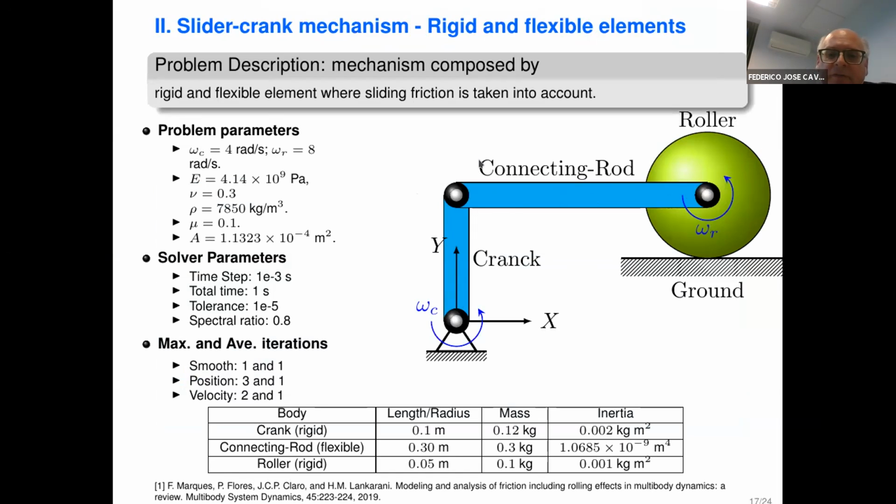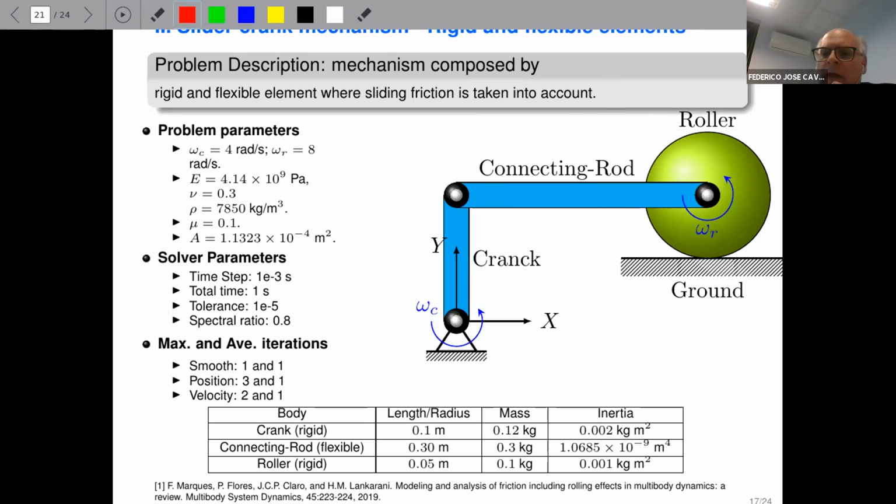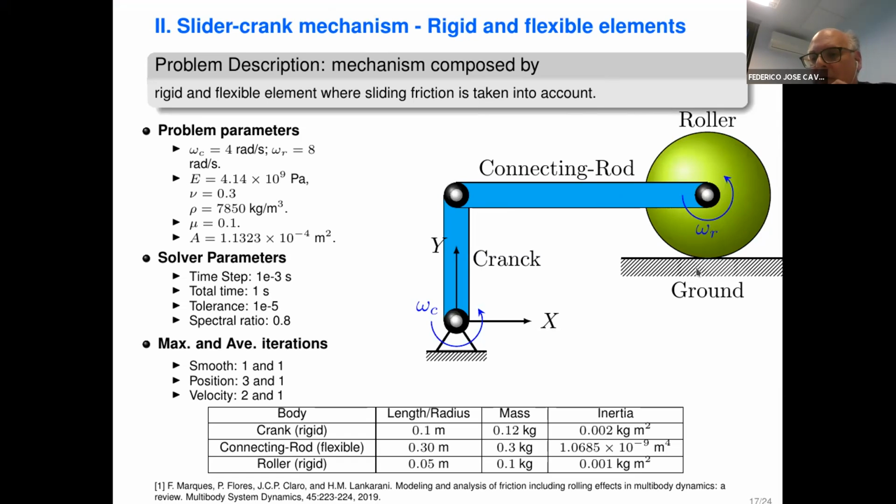So in this mechanism, we have here a hinge at this point, a hinge here, representing the bilateral constraints. The roller is in contact with the ground, and we have here friction given by this friction coefficient, and then an initial angular velocity of 4 radian per second is applied to the crank, and in the roller we applied